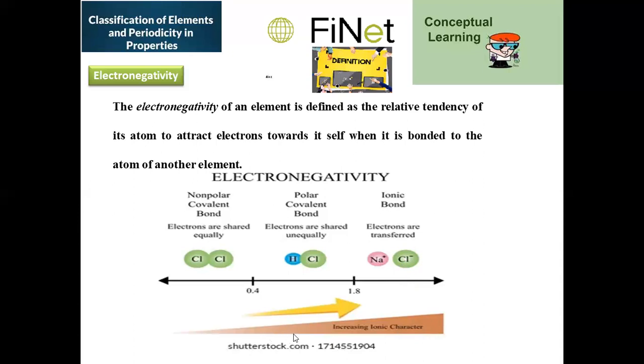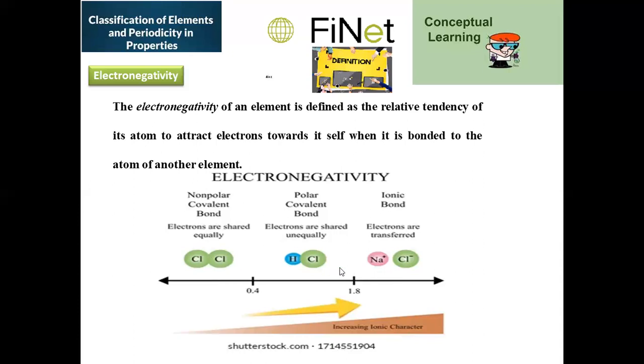And you can clearly observe that from left to right, there is a gradual increase in ionic character. And one more thing you can observe, in all the cases the bonds are formed by chlorine. Then what would be the criteria to mention covalent, polar covalent, and ionic bond? Take the first compound, a chlorine molecule, second compound hydrochloric acid, third compound sodium chloride. This is the table salt.